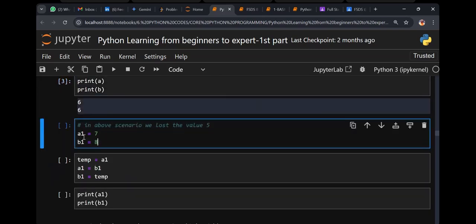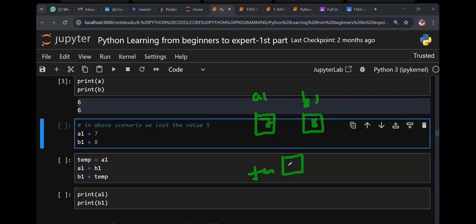Let's try to solve. A1 equal to 7, B1 equal to 8. When I say A1 equal to 7, can I create a new variable or not? Let's create a new temporary variable.